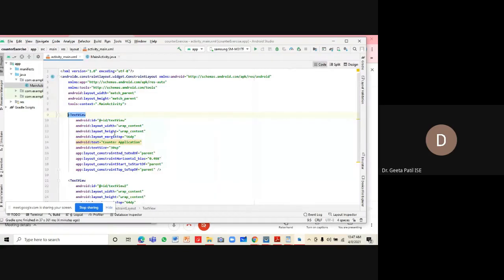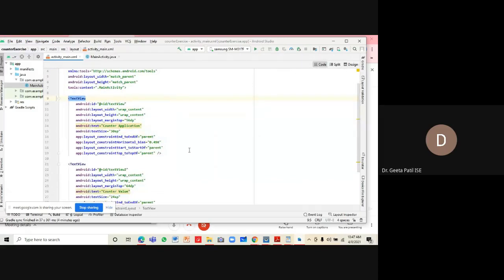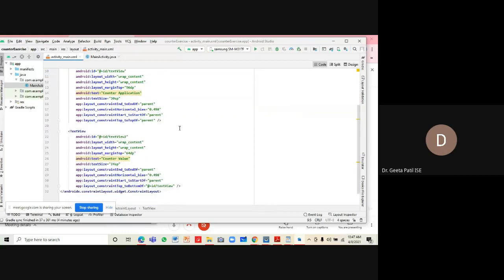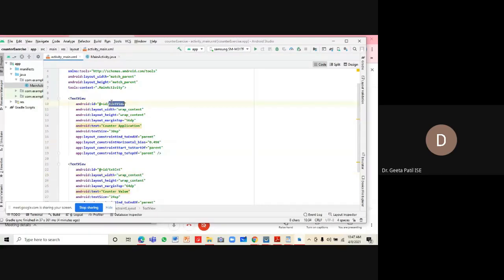So just go to the code and change the ID of the text view to txtCount. The ID of this counter application title is txtTitle.